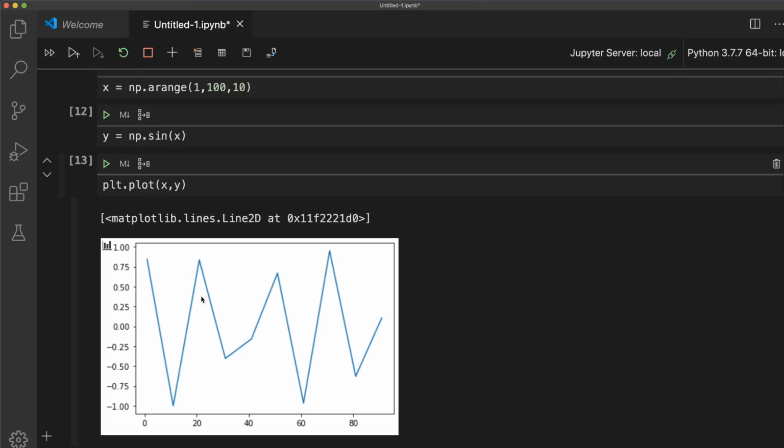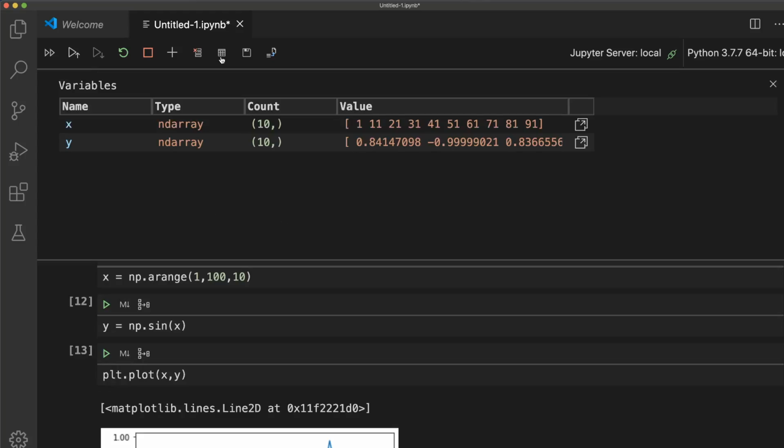The main thing you have to understand here is that this Jupyter notebook environment within your VS Code has two things. One is your variable explorer. Here you can see all the variables that you have in your current Jupyter, Python session. All these variables are listed. You can click this button for the data viewer to open.